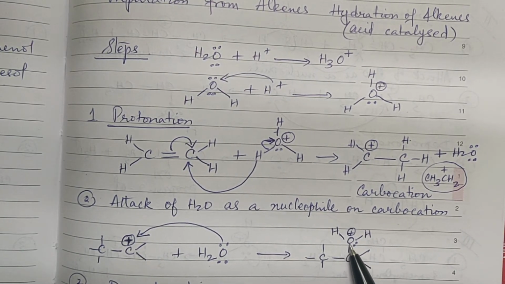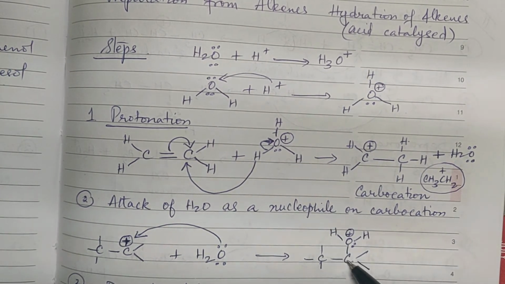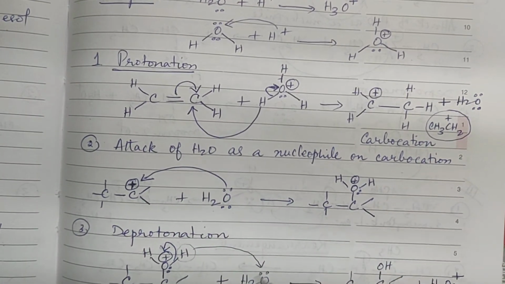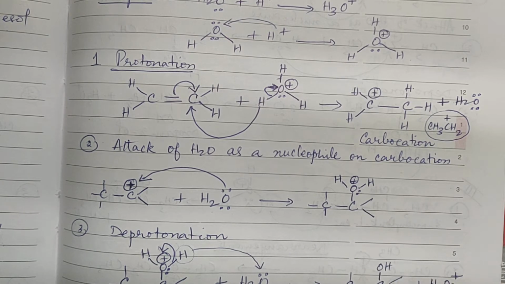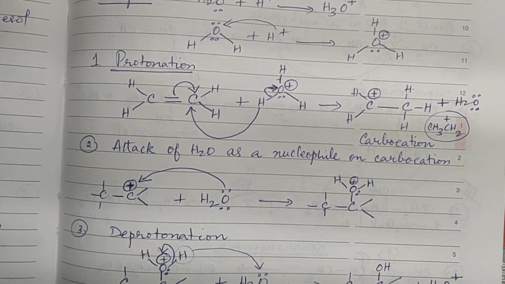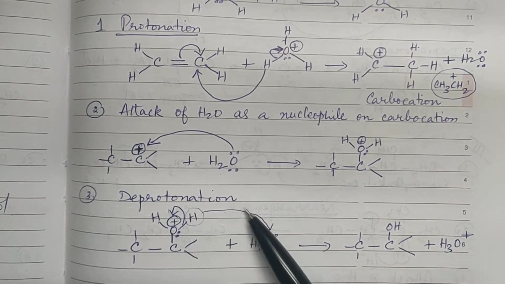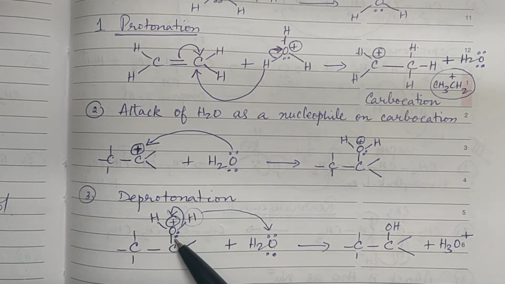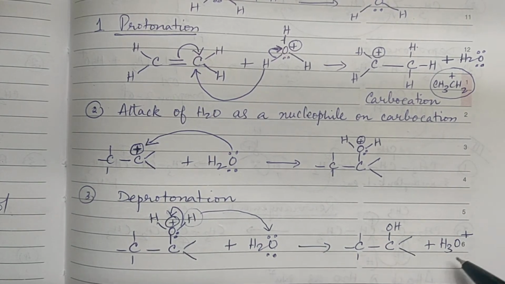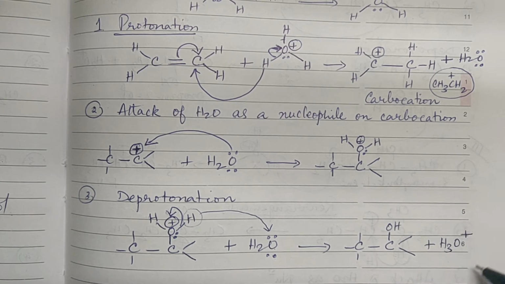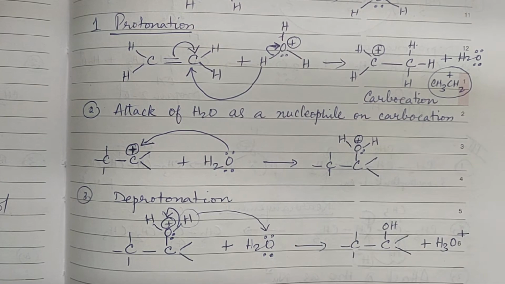Now whenever you are having 3 bonds around oxygen, there will be a positive charge on oxygen. Now from this species, 1 proton will be released, that is again a water molecule is added, and 1 proton from here gets added on to this. So you'll get this OH group attached to this carbon. So alcohol is formed, and again hydronium ion is formed. So this hydronium ion is regenerated at the end of the process. So this is one other mechanism.